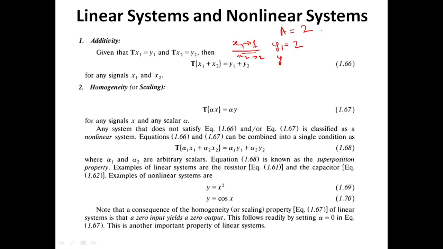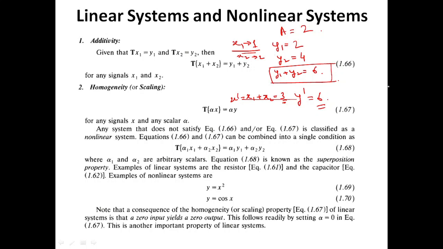x2 is 2, so y2 would be 4. So y1 plus y2 equals 6. Okay. Now say for example I add up x1 plus x2, so it comes out to be 3. Now what should be the y dash? So x dash equals x1 plus x2. So what should be the y dash? So this is 3 multiplied by 2, that is